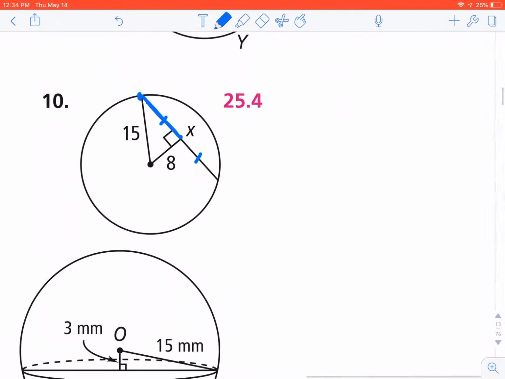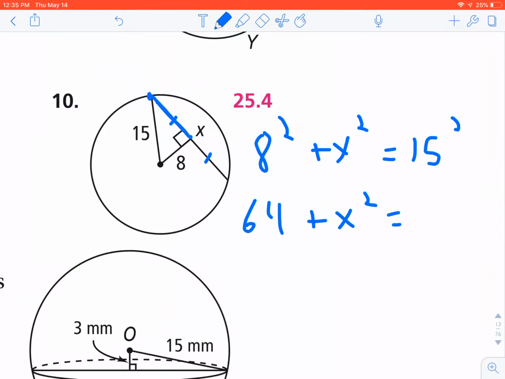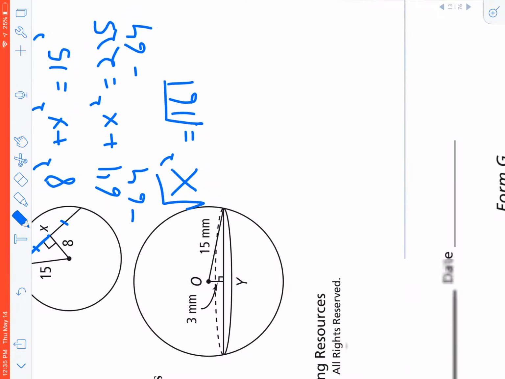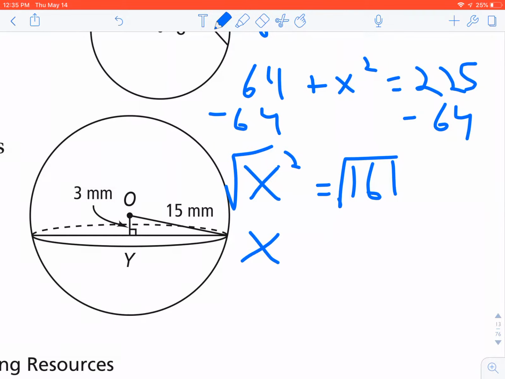Okay, so in this case, the radius is 15, which is the hypotenuse. So 8 squared plus x squared is equal to 15 squared. That gives me 64 plus x squared equals 225. Minus your 64 from both sides. X squared is equal to 161. If I square root both sides, x equals